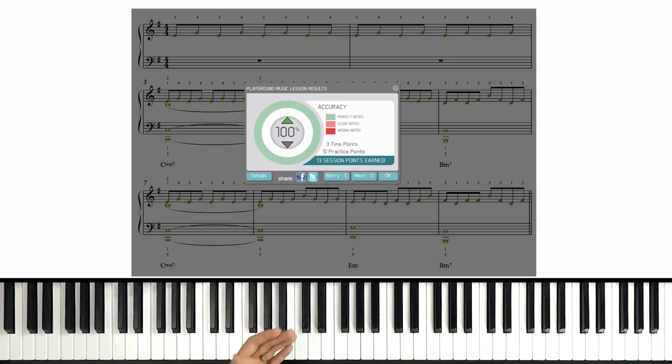All right, way to go. There we have it at the slow speed. We've got one step left, and that's to speed it up to full tempo.